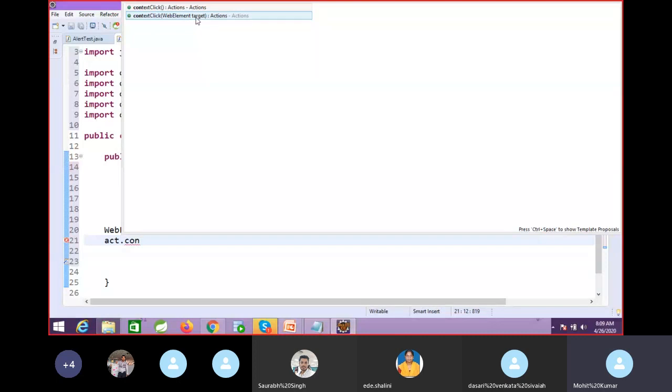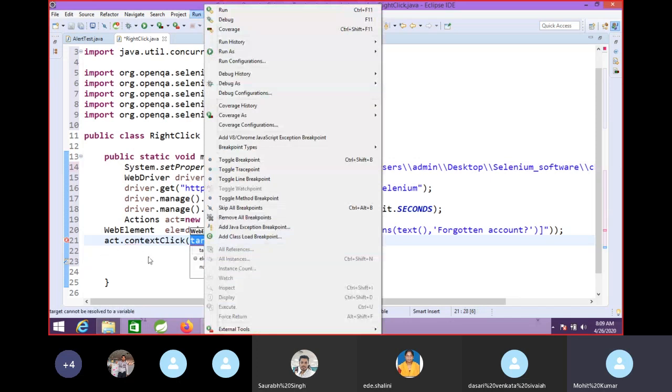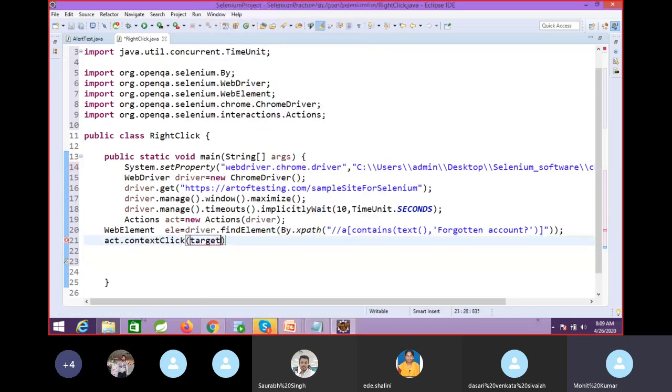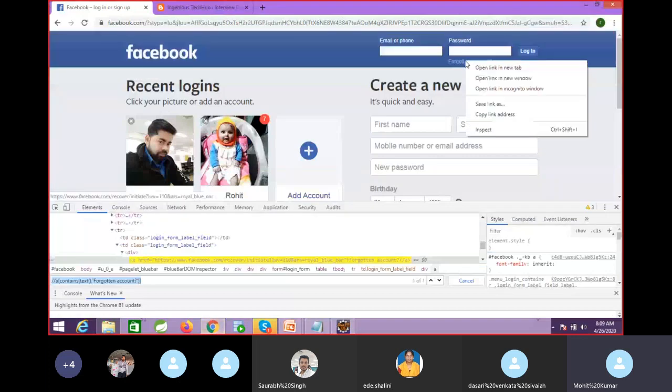So this, I told you, right? In Selenium, we have a limited set of questions, like how to perform right click. So we have to remember this method. They have a method called contextClick. So by using this contextClick, we can perform the right click operation here. What I'm going to do here, I will perform it. Actually, I want to perform it, but I can observe there is something having a bug.